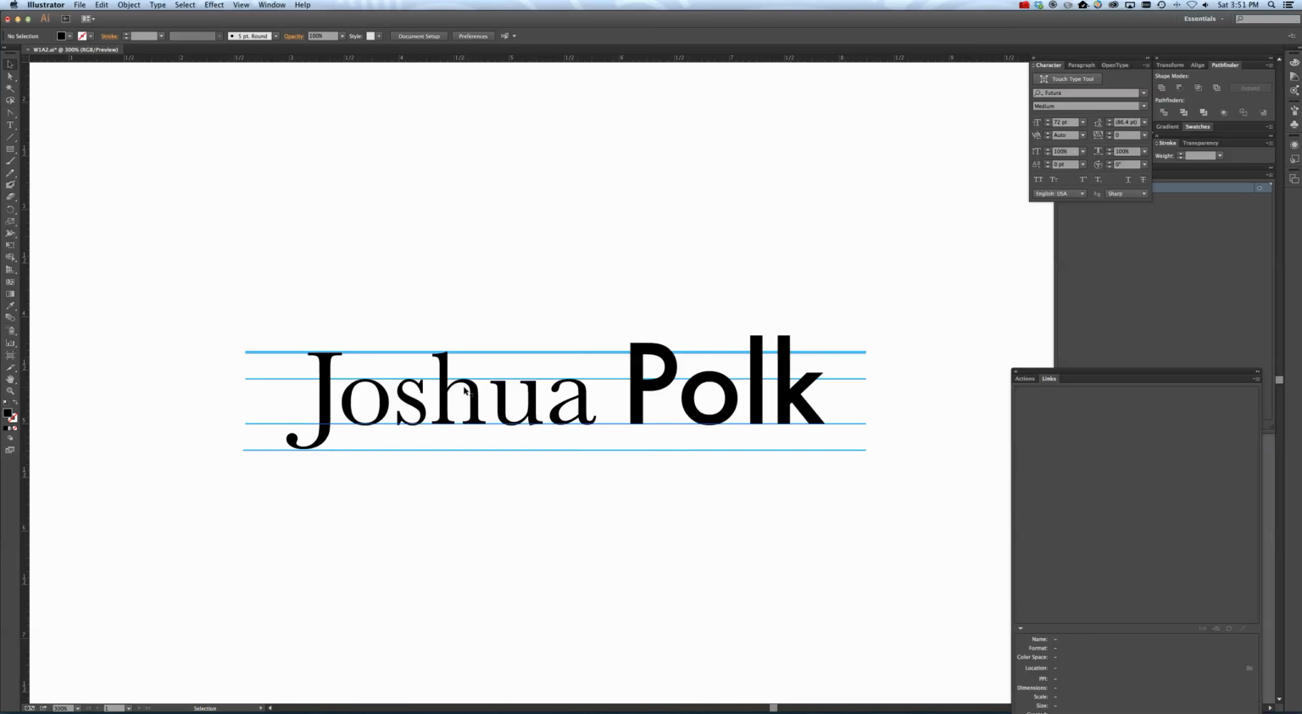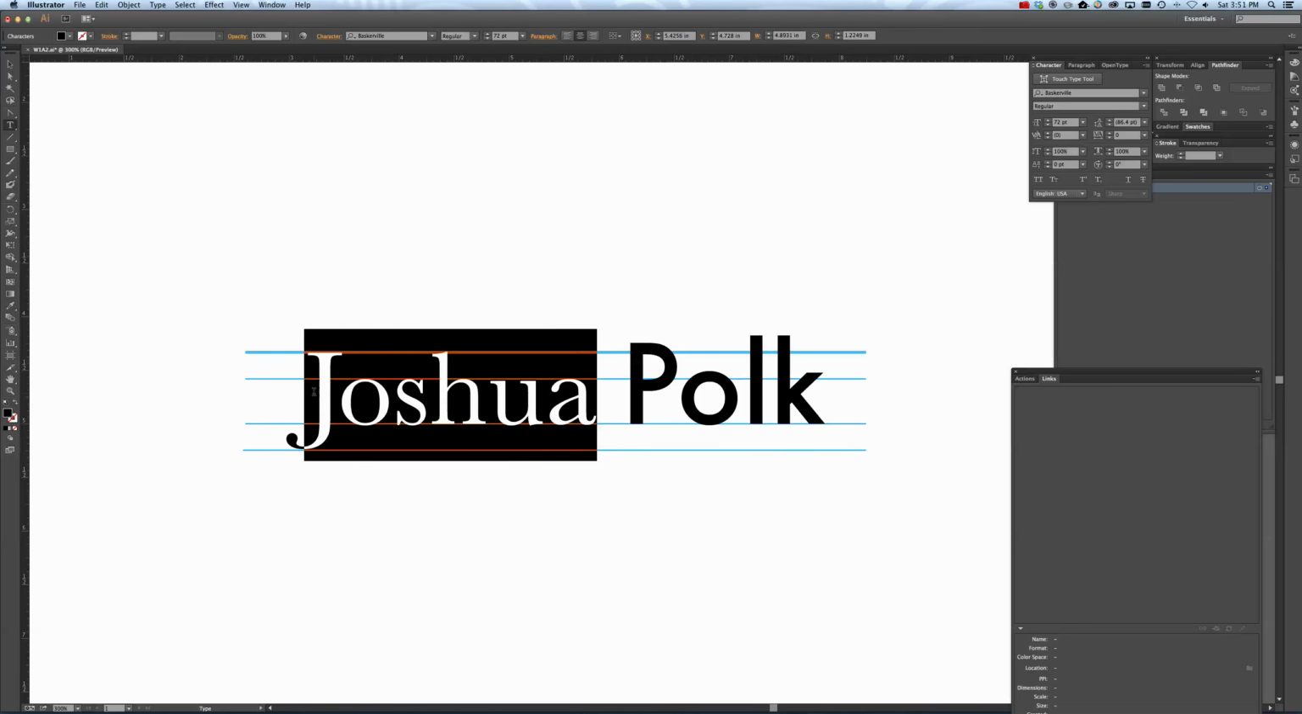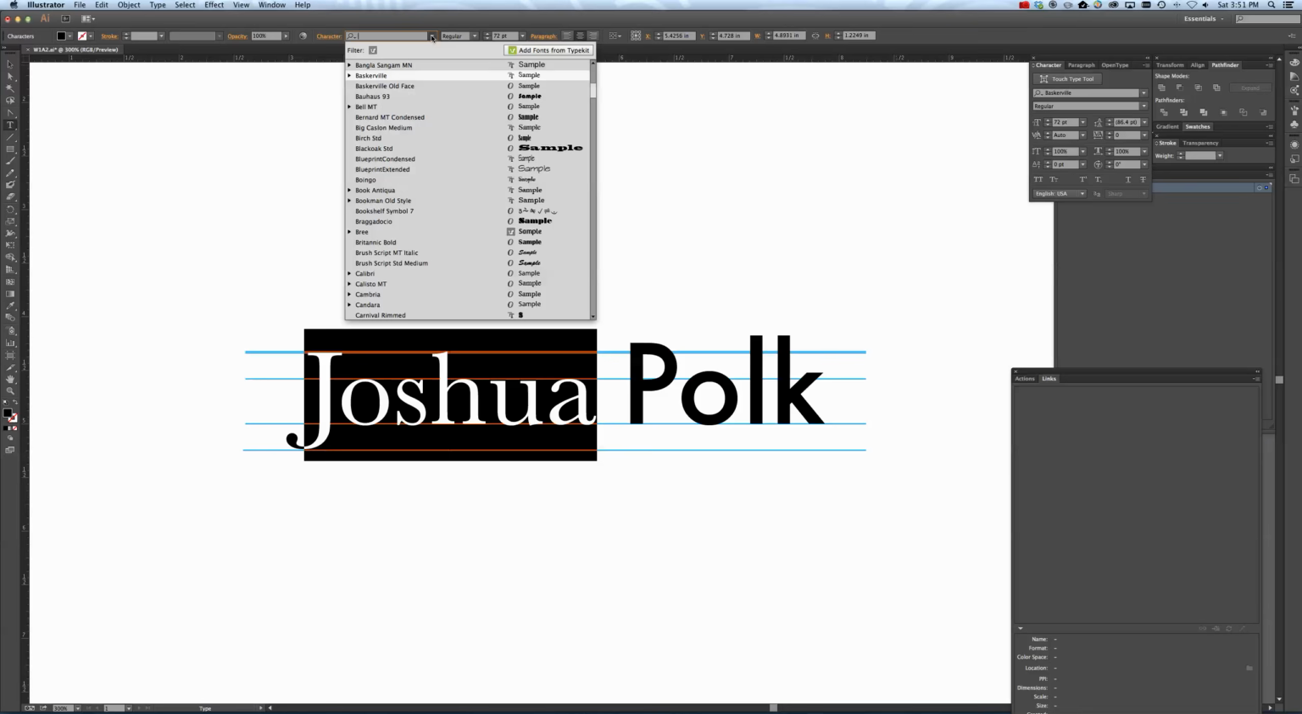So, I'm in Illustrator now. Let's say that I have a portion of text selected here. You can go up to where it says character, or you could go to your character panel, and this is all the fonts that I have installed on my system. Now in Creative Cloud you'll see that there's a button that says add fonts from Typekit. So I can click that button